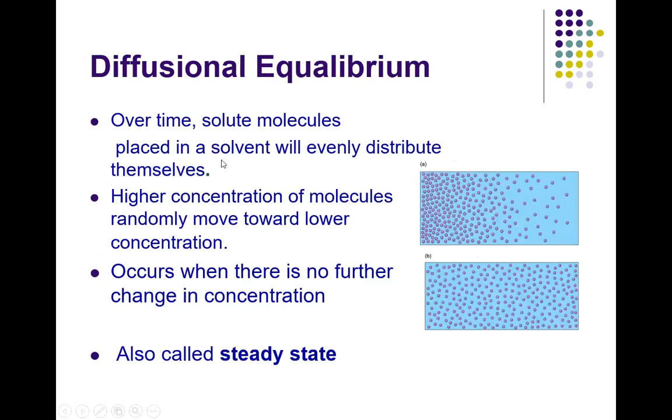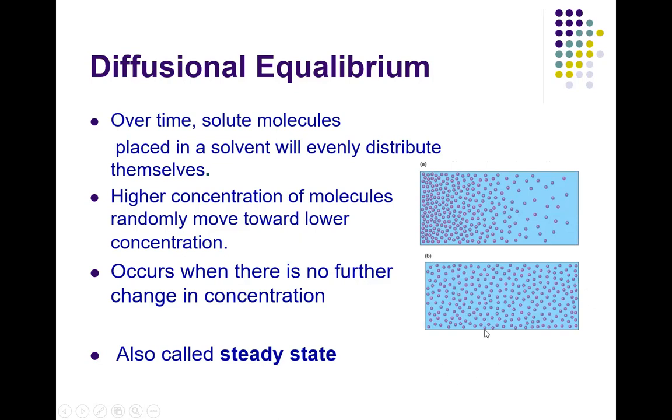So here we can kind of see over time, solute molecules going into a solvent are going to evenly distribute themselves. They go from high concentration to low concentration until eventually you've gone to equilibrium, where you have the same concentration everywhere. So higher concentration molecules randomly move towards a lower concentration. Like I said, that could be salt, it could be sugar, but there's water molecules in here bouncing and hitting those, and they basically bounce and hit into each other until everything is evenly